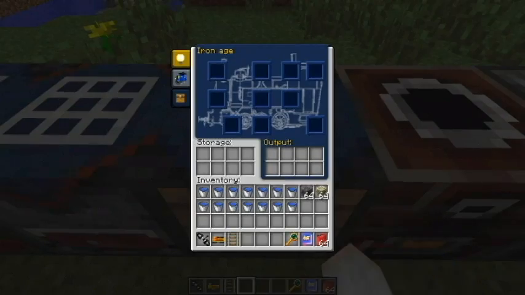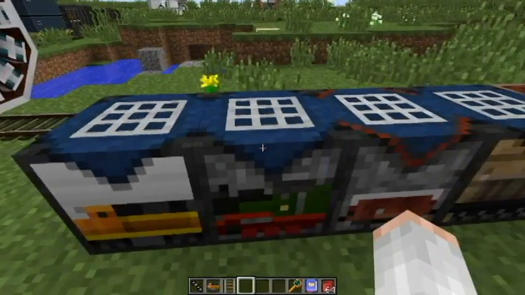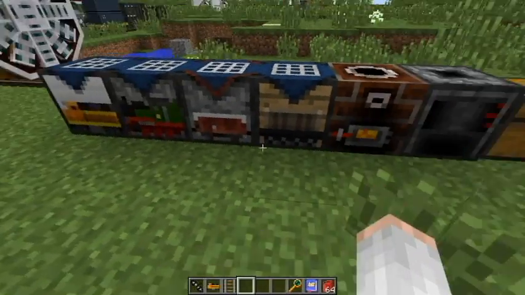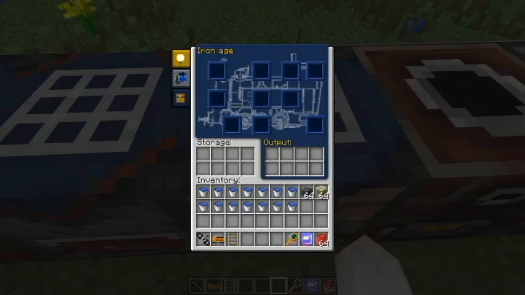Now, if you want to build the components for the trains, you're going to want to build them in, where is it? In the train workbench. You can only craft a limited amount of stuff inside the normal workbench when it comes to trains. And before we continue any further, if you want to learn how to craft...